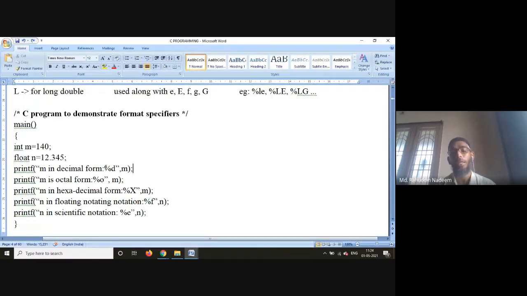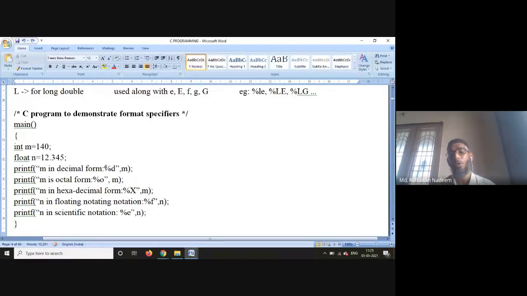Whereas in case of octal form, it uses only 8 characters, 0, 1, 2, 3, 4, 5, 6, 7. And in the hexadecimal form, to display the numbers, you have 0, 1, 2, 3, 4, 5, 6, 7, 8, 9, A, B, C, D, E, F. Like that, they are written there.